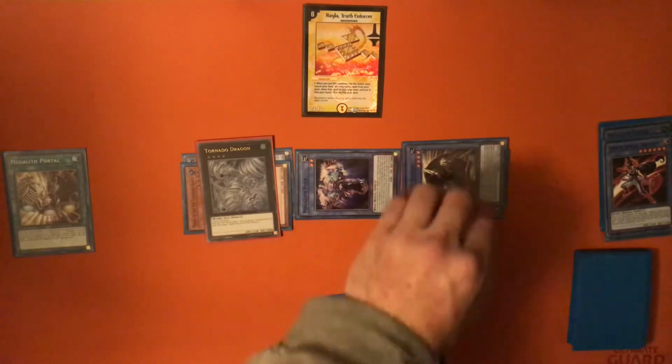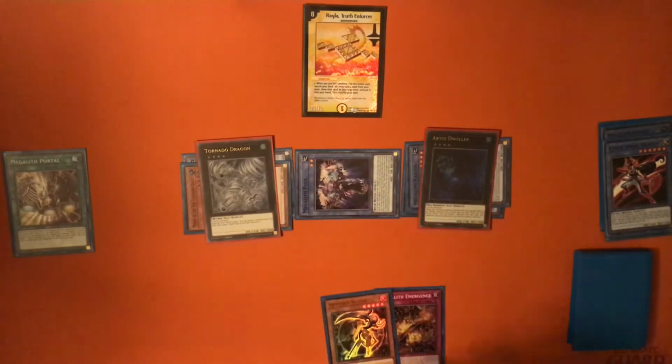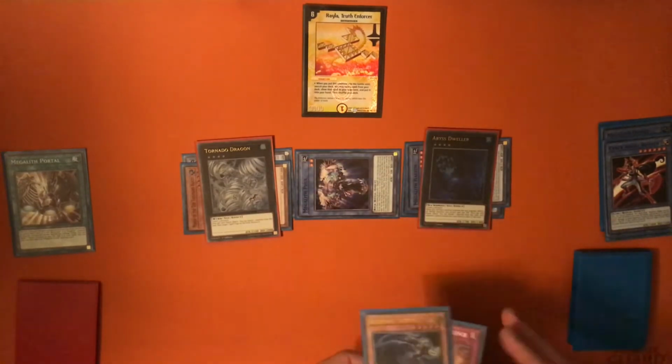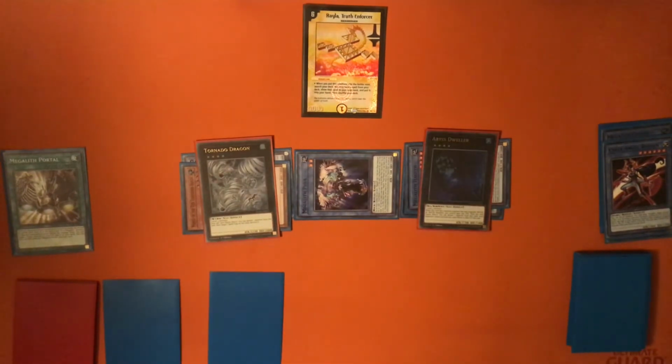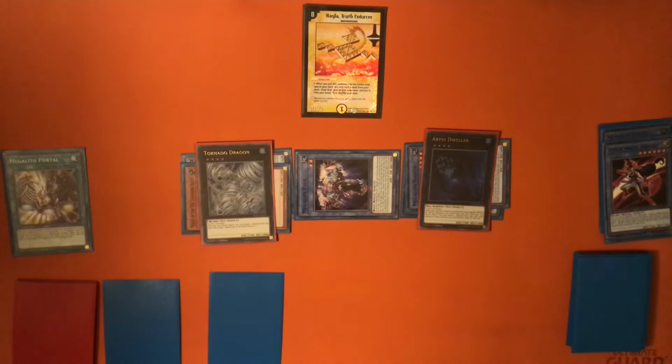And we're also going to overlay these two for Dweller, just as an additional floodgate. We're now going to set Scythe. We're going to set Emergence. Now the advantage of this combo is that you don't have to wait for your opponent's main phase. You can activate this in the draw phase with Tornado Dragon, and if they do try and droplet you, for